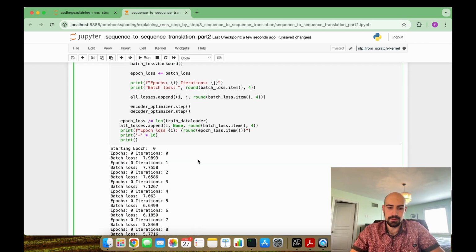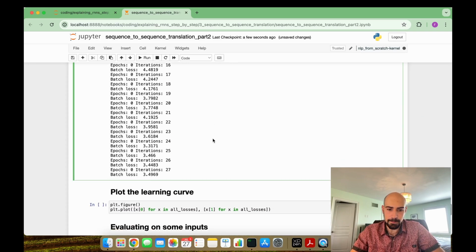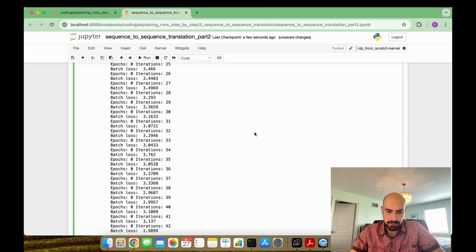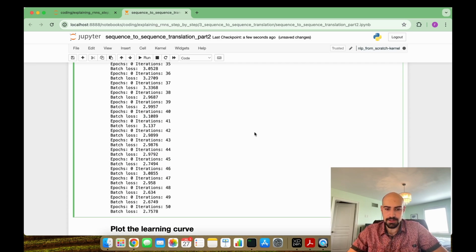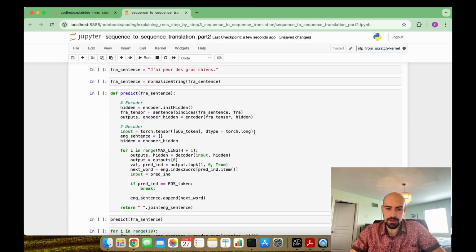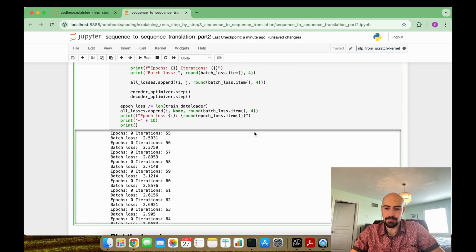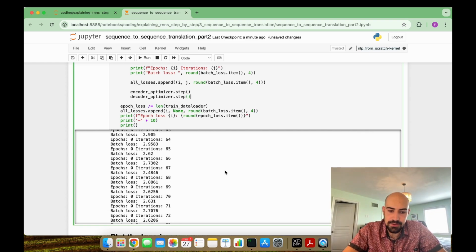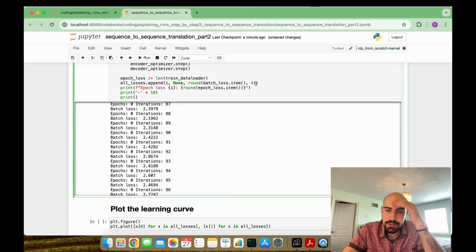Okay, great. Looks like our neural network is training successfully. So that's awesome. We were able to speed up our training quite a bit by using Torch's data loaders. And now, instead of letting this train all the way to the end, because it is going to take quite a while, we actually do need to make an adjustment to our code in order to be able to make